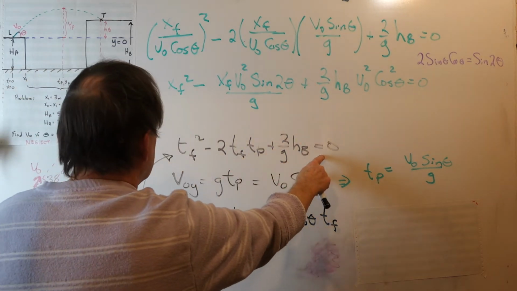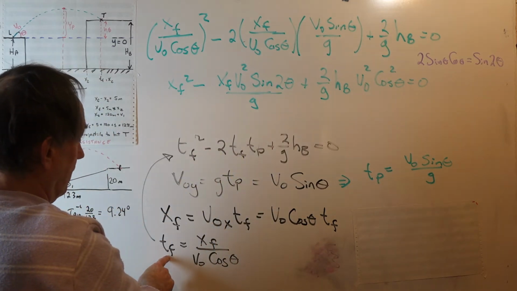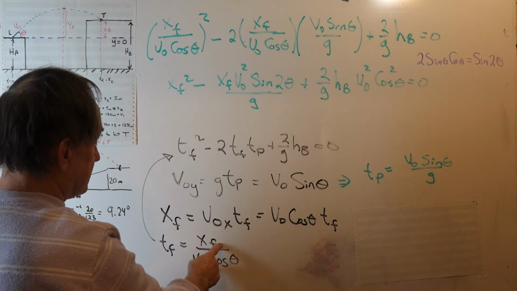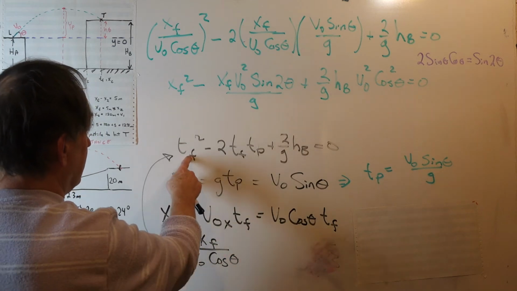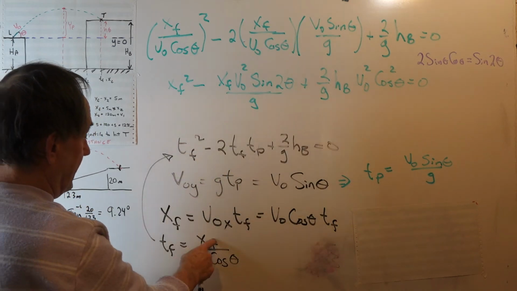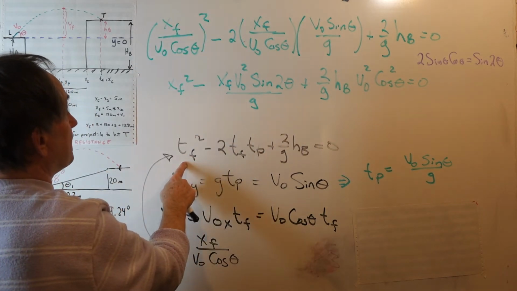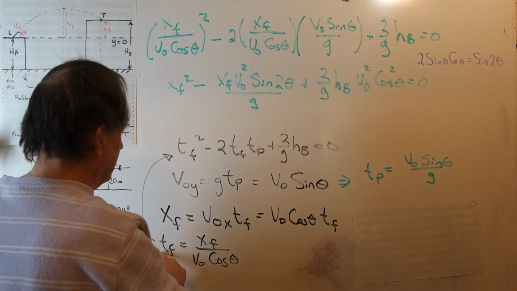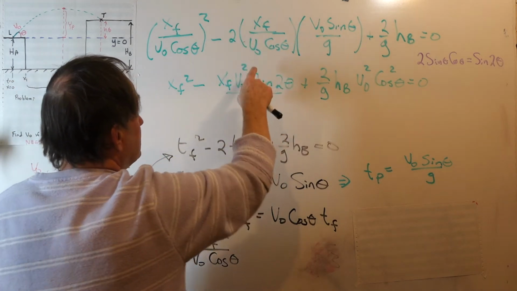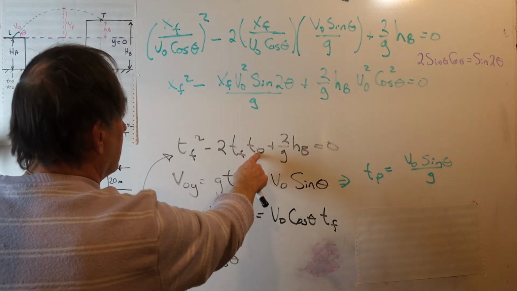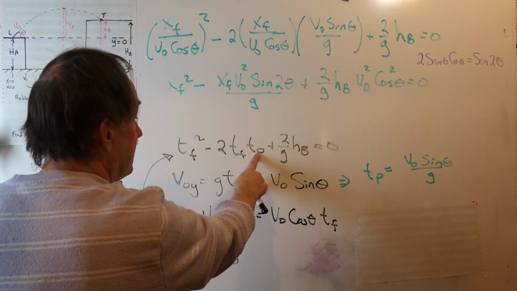Here's our equation. I'm putting in for T final, the final time, XF over V0 cosine theta. So we have XF over V0 cosine theta squared, that's our TF squared, minus twice the TF, which is XF over V0 cosine theta. And then for T peak,